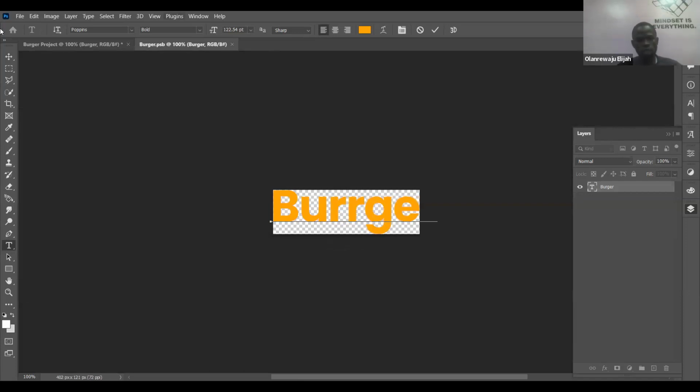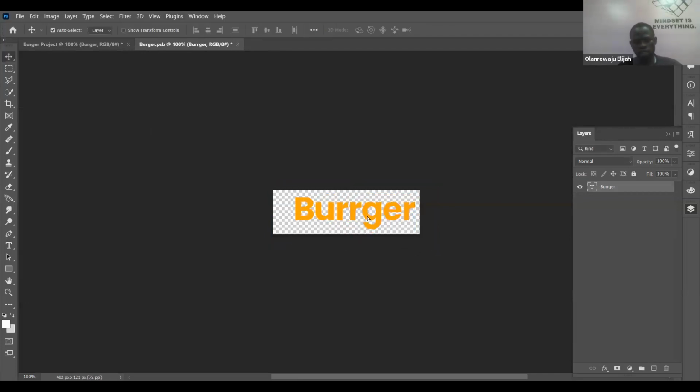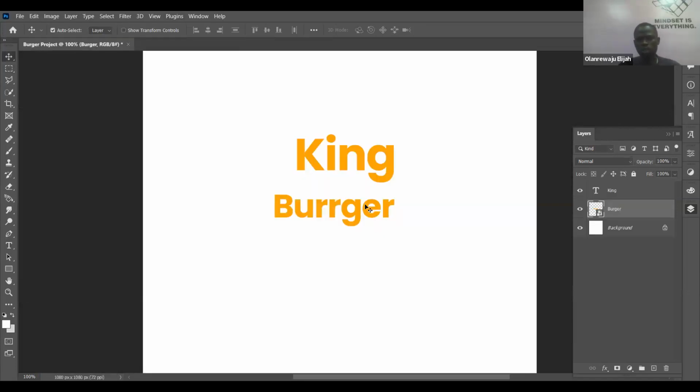Because I've converted it to a smart object, it gives me that flexibility. Because I've converted it to a smart object here, you will not be able to change it here until you double click on this thumbnail, which looks like a folder icon. Double click on it. That is when you'll be able to change it.